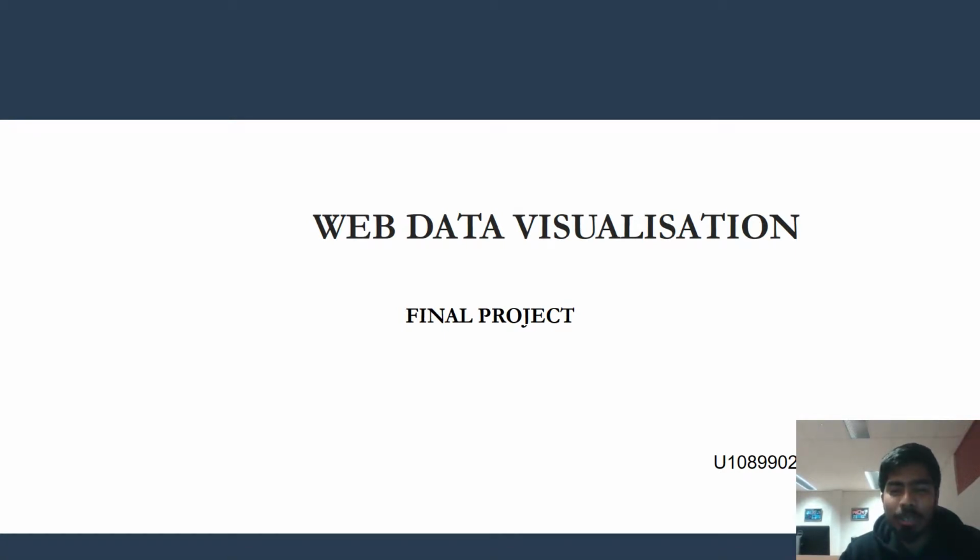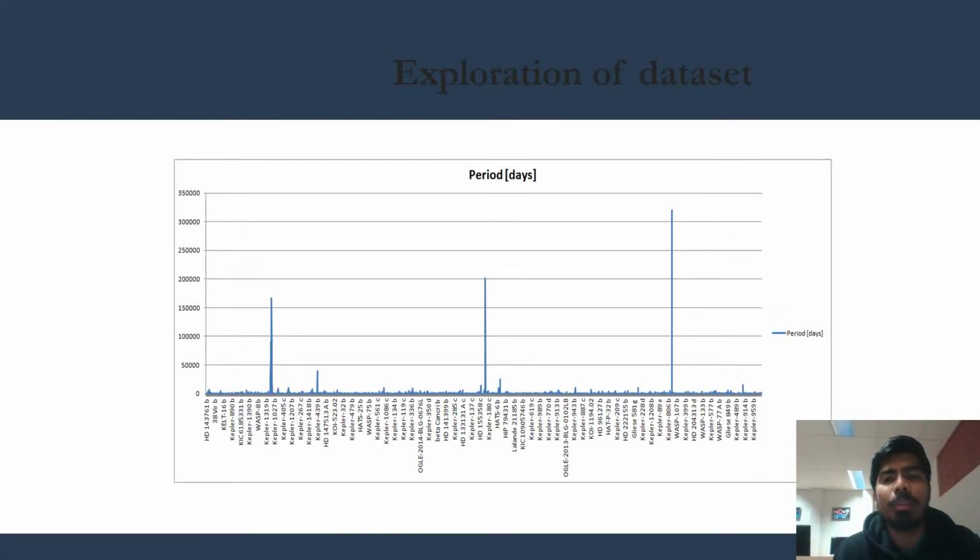Today I'm going to explain my final project, web data visualization. This graph shows the number of days taken for the orbital rotation of planets. The x-axis scale is the number of days, ranging from 0 to 5,000, and the y-axis shows the primary identifier of